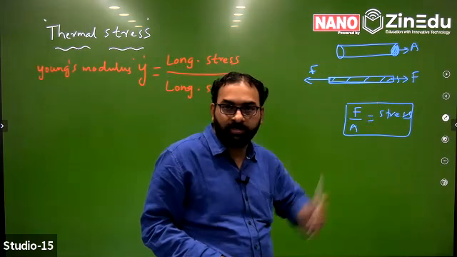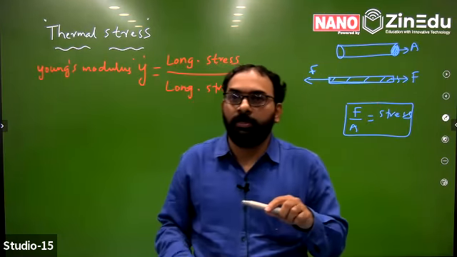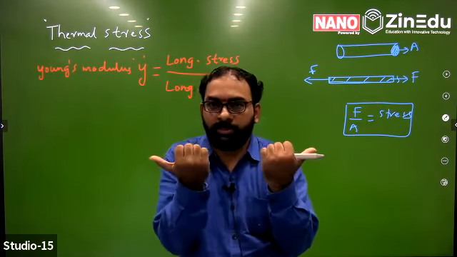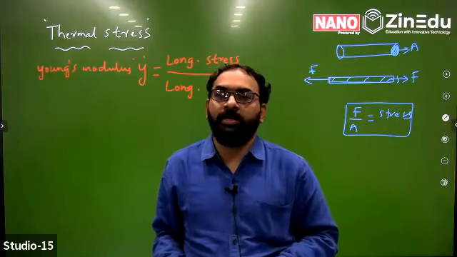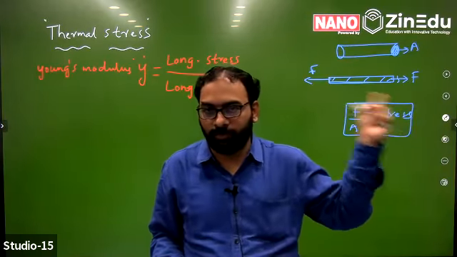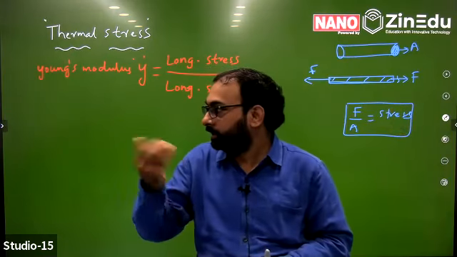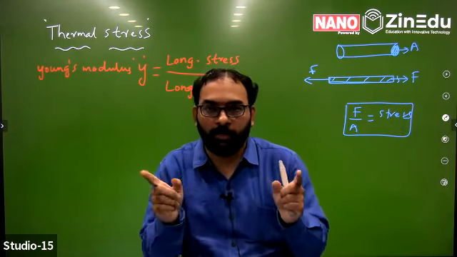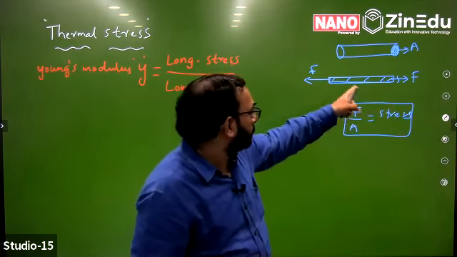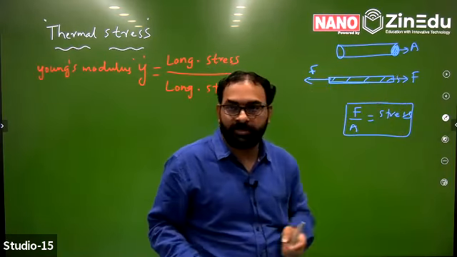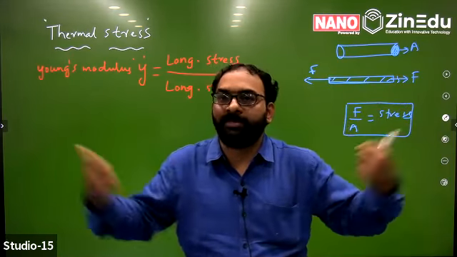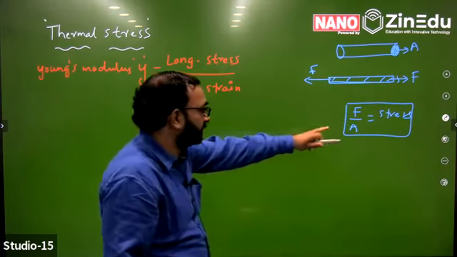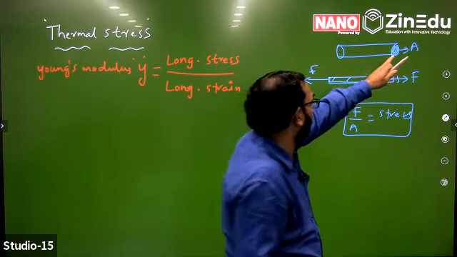We are using a tensile stress now. Tensile means this couple of forces tries to elongate the length of the wire or rod. Whether they are successful in elongating or not is a secondary issue, but they are exerted on the two ends of the rod in order to increase the length. So the stress is force divided by this area.